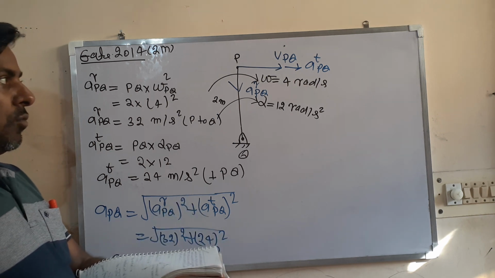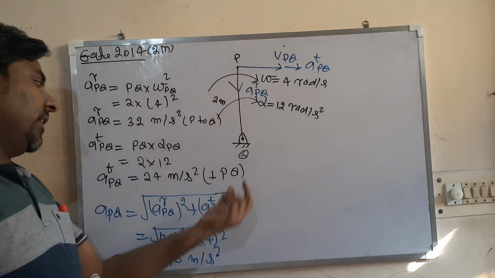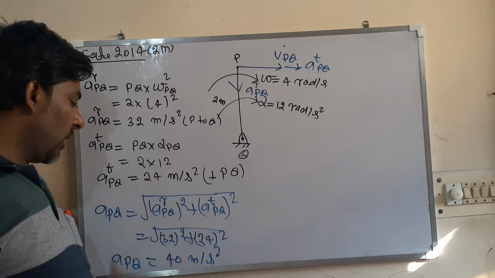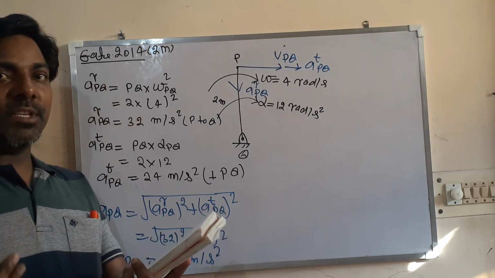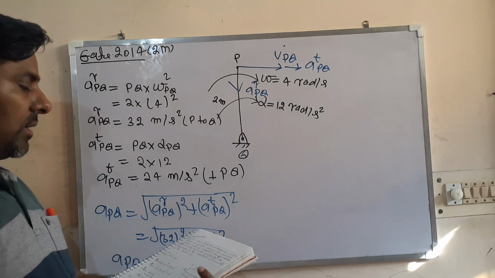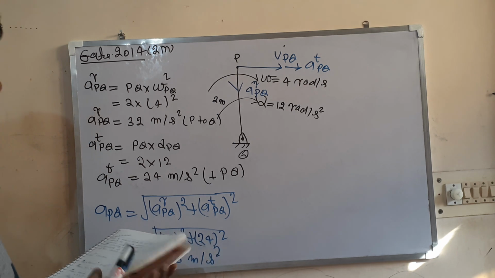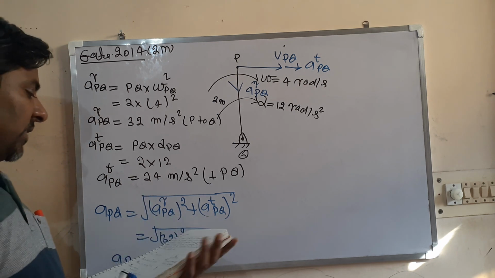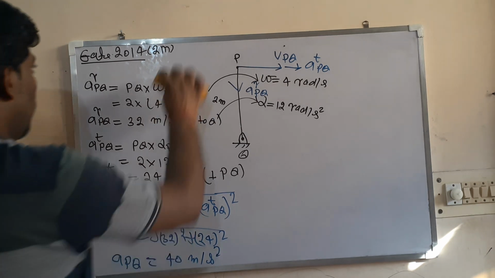So this is for 2 marks. Always radial and tangential are at 90 degrees, so from this formula their resultant can be calculated. Many times a similar question has come in GATE and IES objective, and also in many PSUs. So this variety is very important. Now, let us see the next problem.